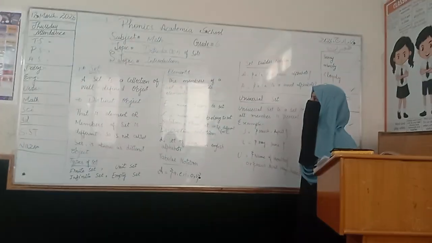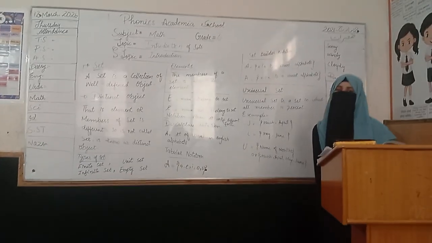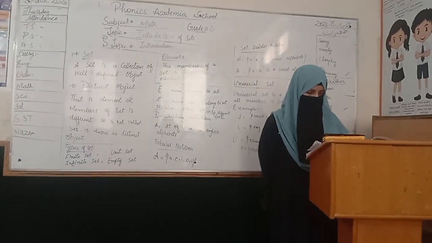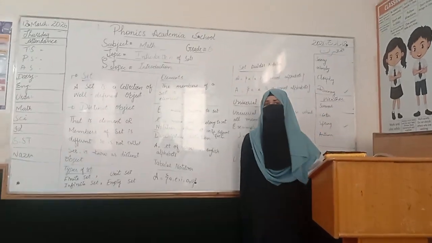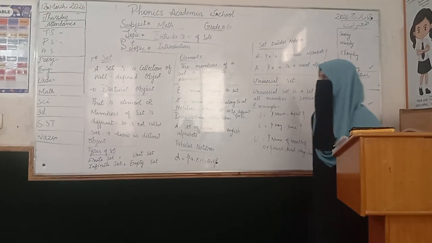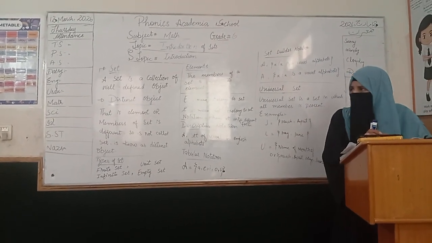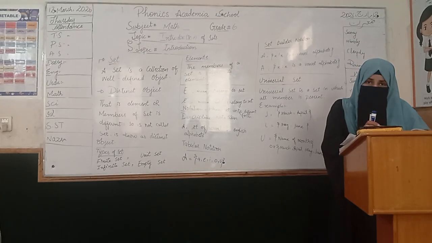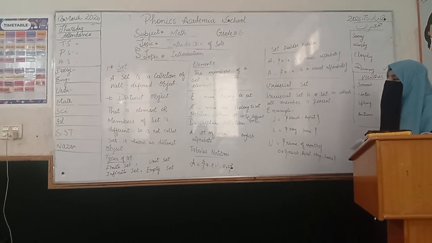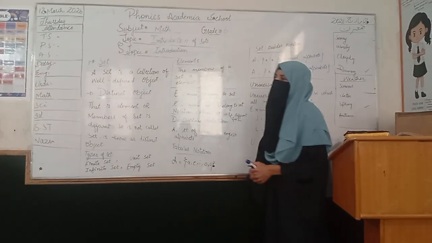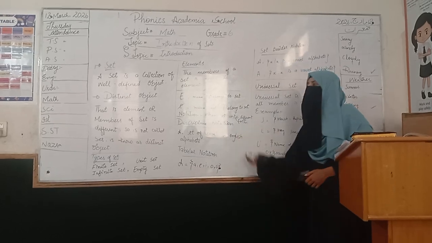Today we will study grade 6 unit number 1, introduction of a set. So now students, open your book page number 3. We discuss the short introduction of a set. In this chapter we have a discussion about the set, types of set, descriptive objects, elements, signs and related things. In this unit we will be discussing these.